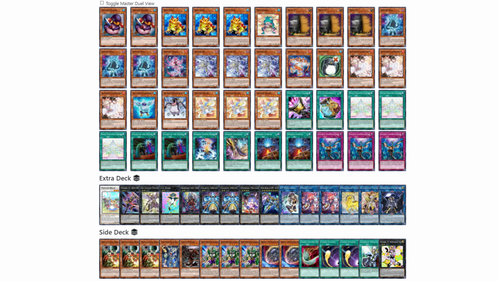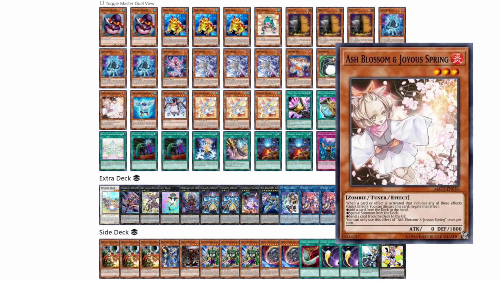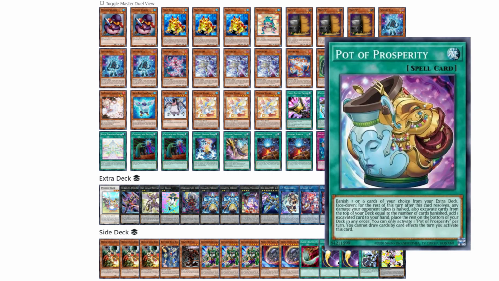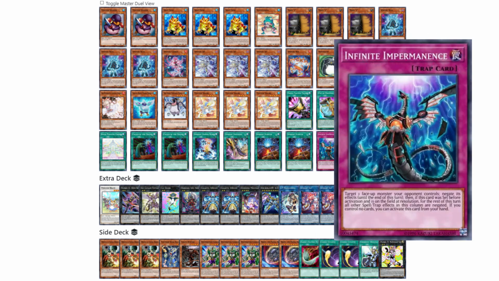Now for the Tets, of course we have Mat C, it's broken and should be banned. We have Ash because it's the Mat C counter. We have Triple Tat, which is the Mat C punish. Prosperity is for consistency and also helping find your going second tools. Called By is to counter Mat C and Ash. Imperm is a flexible monster negate going first or second, and sometimes you can negate a spell or trap depending